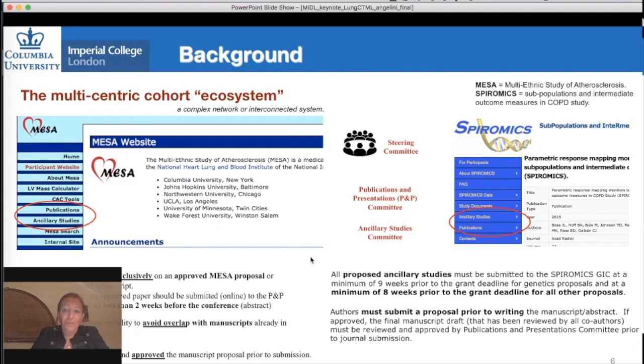So the first thing you need to do if you want to do any kind of analysis on those cohorts is to get some ancillary study approved, which means you need to write a mini grant, mini proposal with quite detailed strategies in terms of your hypothesis, what you want to look at, how you want to look at it, and what type of outcome and advancement that would lead to. And if you want to submit that for funding, for a grant call, you need to be prepared 8 weeks before the deadline. So your whole calendar is completely shifted,